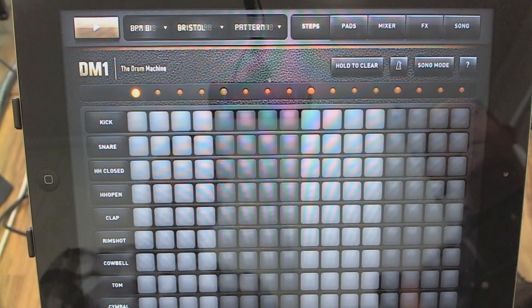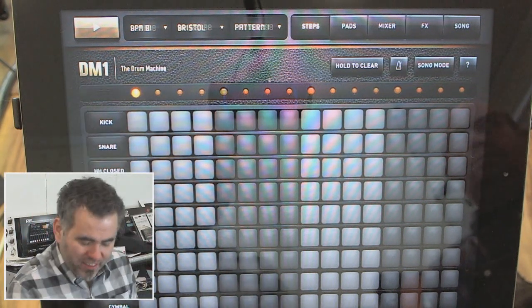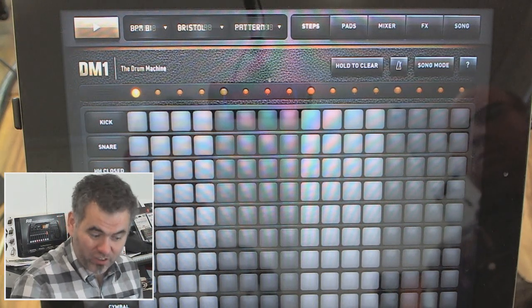So Gaz has got another application he wants to show us. So what is it we're looking at here, Gaz? Well, it's a drum machine. I think it's been out a while, but it's only just come to my attention. It's called DM1, made by FingerLab. And I think it's really, really nice to use, and I think it's one of these apps that really benefits from the touchscreen idiom,